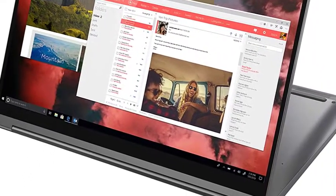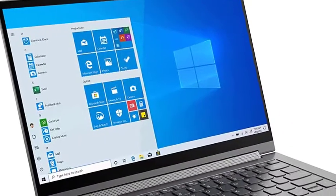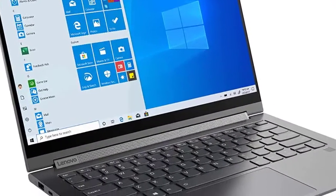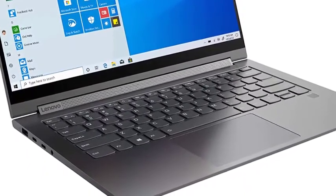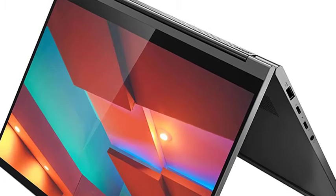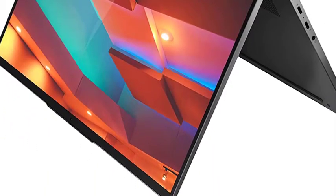Despite exhibiting the 360-degree foldable layout, the Lenovo Yoga C940 weighs a mere 2.98 pounds, which readily adds to the portability quotient. Furthermore, the portability quotient gets amplified further with Lenovo churning out close to 12 hours of backup on standard usage,